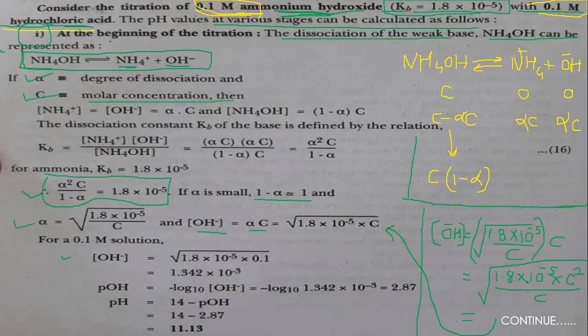concentration. Then the concentration of NH4 plus is equal to the concentration of OH minus, that is equal to alpha C, and NH4OH, ammonium hydroxide, is (1 minus alpha) into C. ये कैसे आया इक्वेशन देखेंगे. देखो इनिशियली क्या है, जब रिएक्शन हुआ नहीं था, डिसोसिएट हुआ नहीं था अमोनियम हाइड्रोक्साइड, so that time its concentration was C, okay, and no dissociation was there, so the concentration of NH4 plus and OH minus was 0. वो कुछ भी नहीं थे सॉल्यूशन में, क्योंकि डिसोसिएशन नहीं हुआ है.